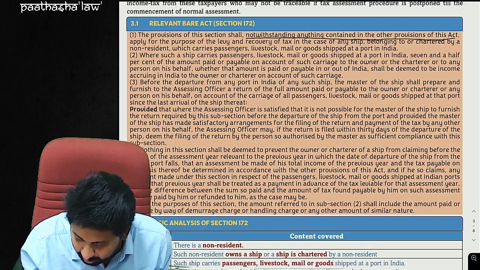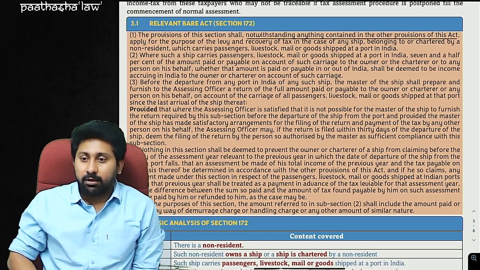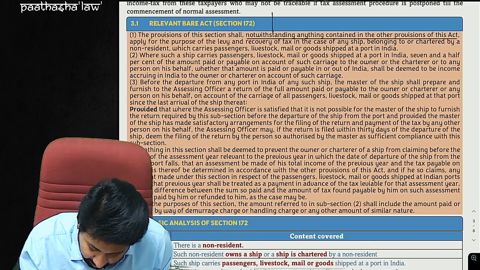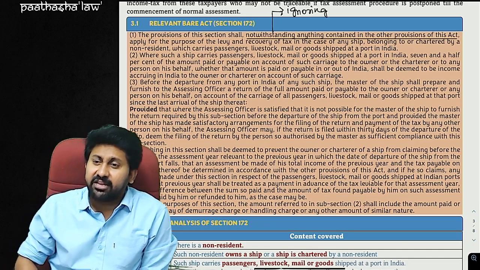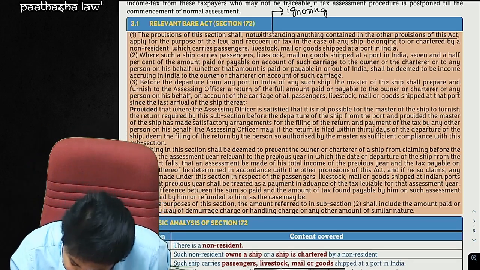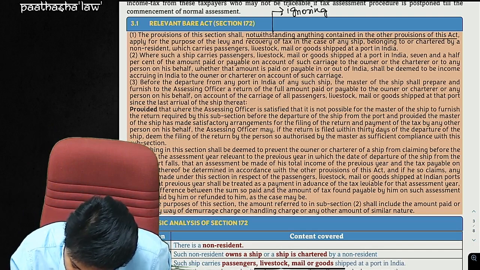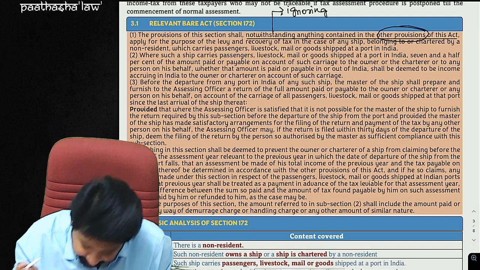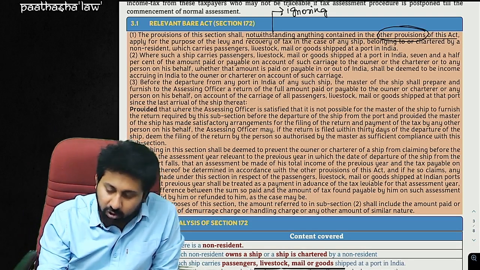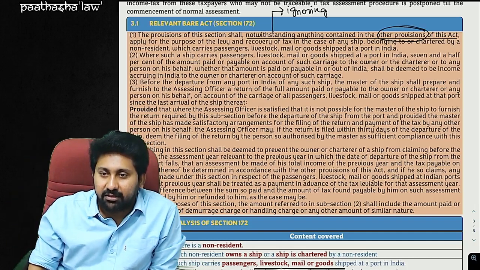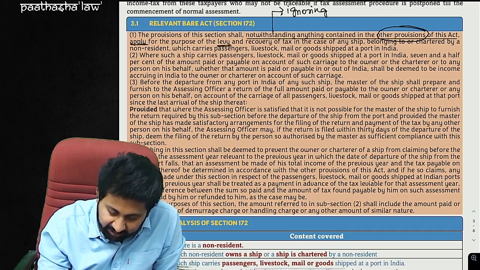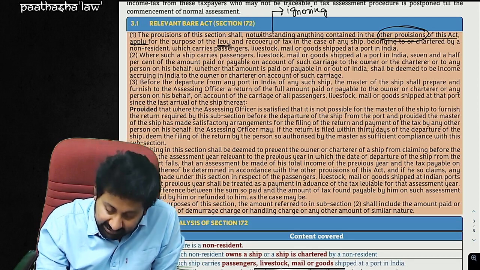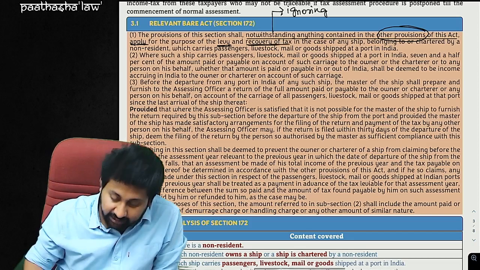Notwithstanding represents ignoring. Notwithstanding anything contained in any other provisions of this Act, ignoring other provisions of this Act. This section shall apply for the purpose of levy, not only levy of tax, recovery proceedings also will start in